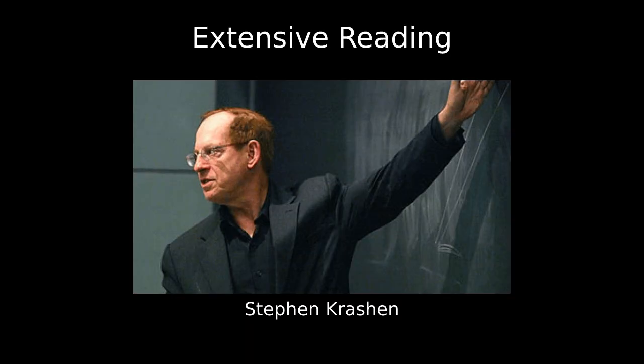Method number 2 is extensive reading. This one's become really popular in recent years thanks to the work of people like Stephen Krashen or Paul Nation. The foundation of this approach is Krashen's famous I+1, where I is your current level and +1 is the level above your current one. For Krashen, the only way to make progress in your target language is to consume content that is just slightly above your level of comprehension, hence I+1, so that the language acquisition device in your brain does the work of filling in the blanks,